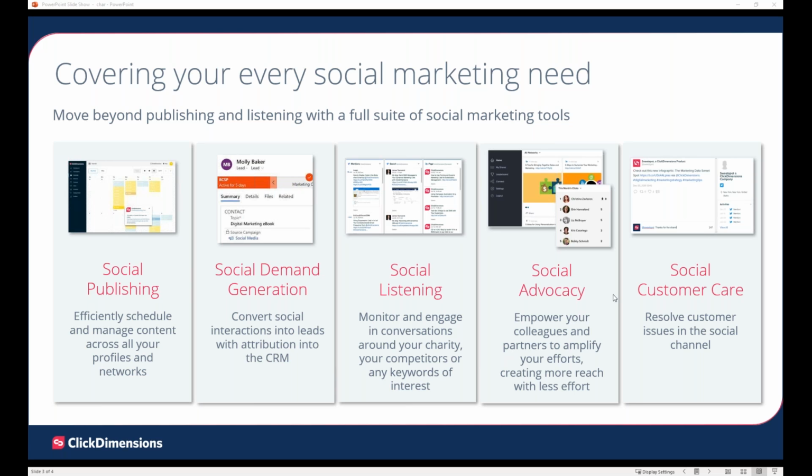And let's go into social demand generation, guys. Convert social interactions into leads with attribution. So, why should we be doing this? Why should we be generating leads via social? Well, ultimately, this is our integration as well that I mentioned right now. This piece here is very, very unique. You won't get this capability with any marketing automation platform out there. Even if you go to Octopus directly, who we partner with, you won't be able to do what I'm about to show you,